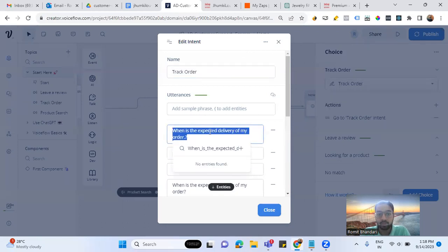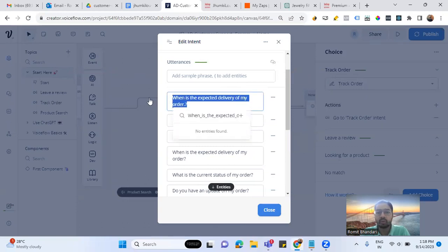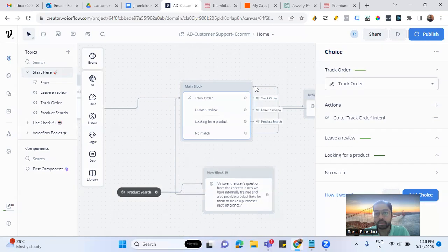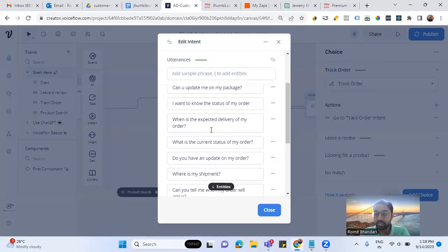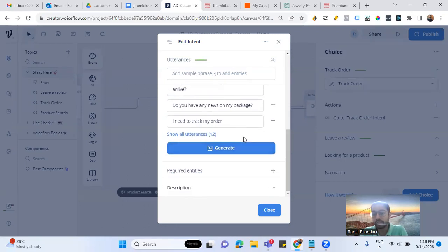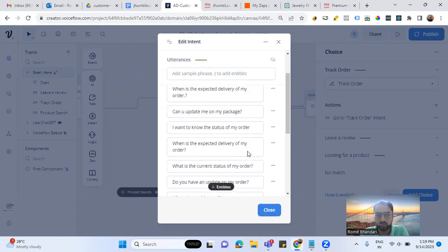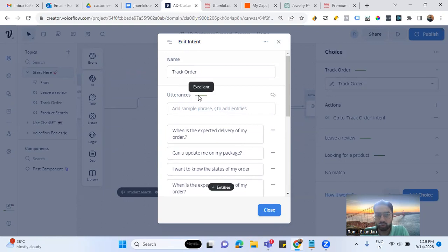Let's say we are giving the expected delivery of my order. Similarly, other utterances which signify that he's trying to track an order. So we give all these utterances, and it can also generate the utterances based on the few utterances you give. You just need to press generate 5, generate 10, or generate 20, and using AI internally, it would generate those utterances. And of course, the more utterances, the better, because